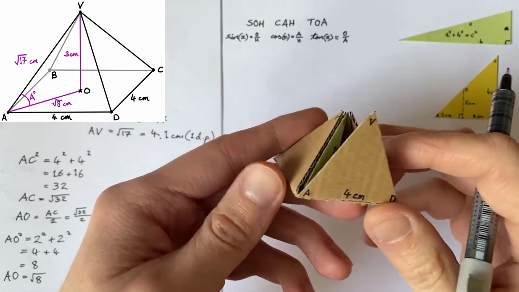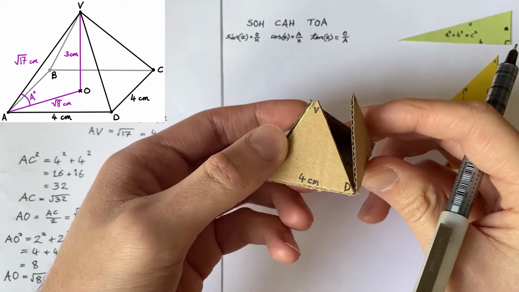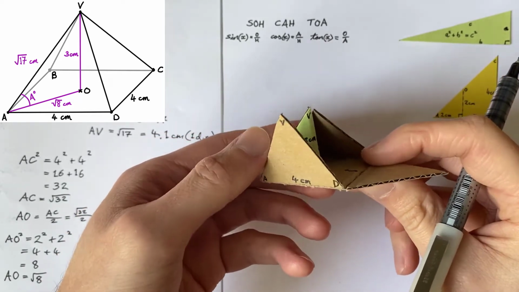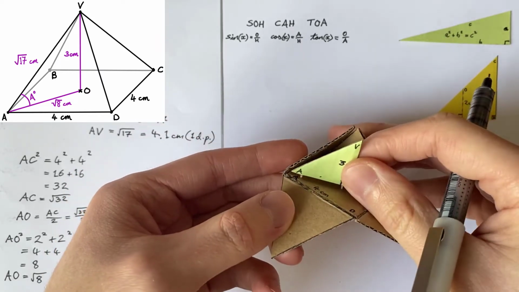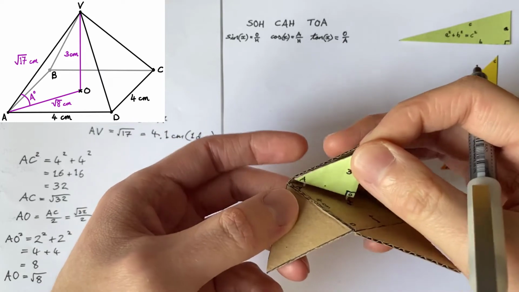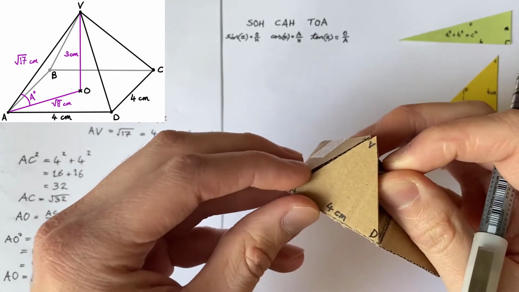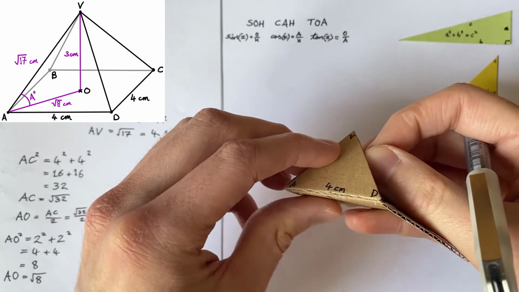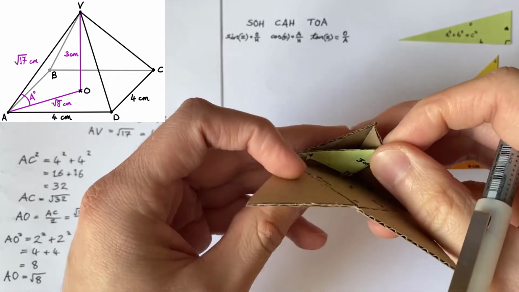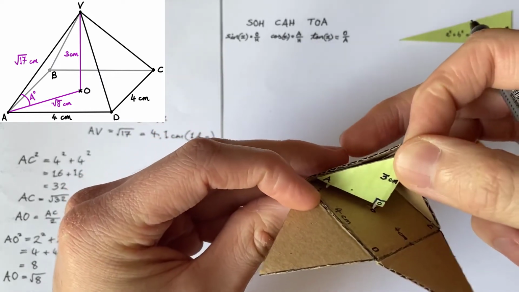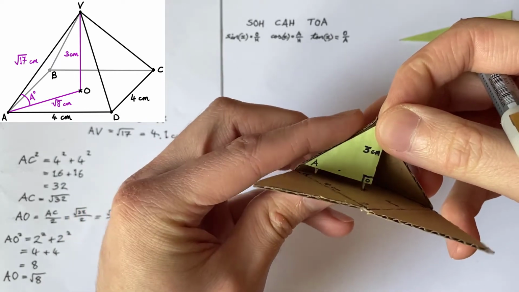So again, we have our square base pyramid here with all the same dimensions as before, but this time we're going to be using trigonometry to find out an angle. If we take our triangle out here, we're interested in the angle that the length of one of the edges of the pyramid makes with the square-based plane on the bottom. It's difficult to see from the outside, but if we open up, we can see that it is the angle A in our right angle triangle, because the line AV,